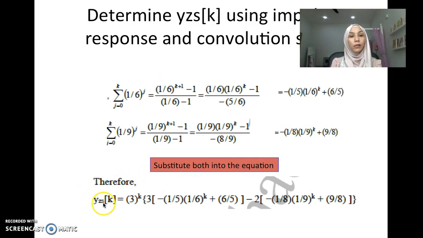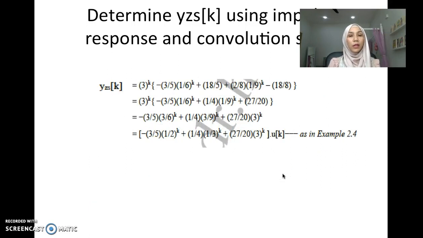So y_zs[k] equals 3^k, and then there's 3, this is from this, and minus 2, this is from this. So next, you have to solve everything. When you substitute everything, you just expand the equation. And finally, you will get minus 3/5 (1/2)^k plus 1/4 (1/3)^k plus 27/23 3^k,